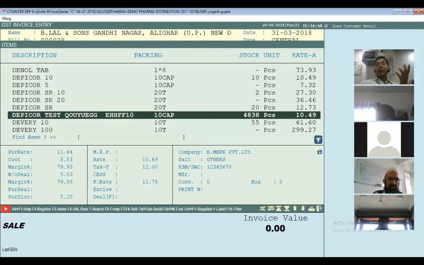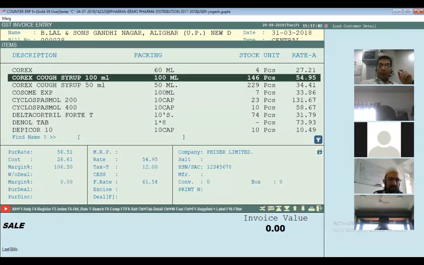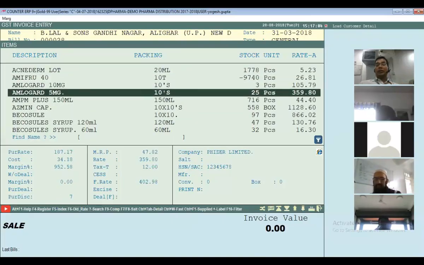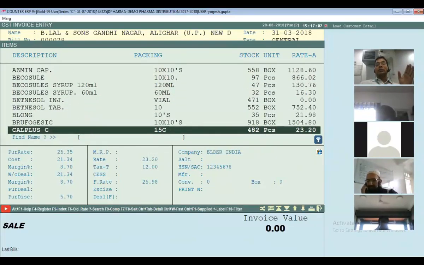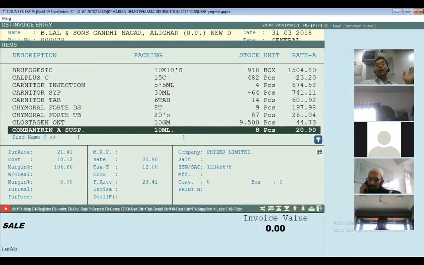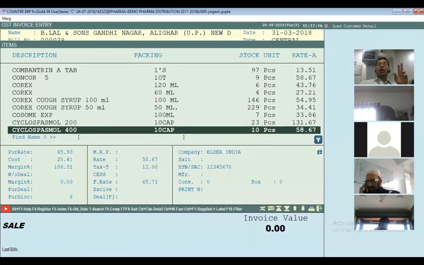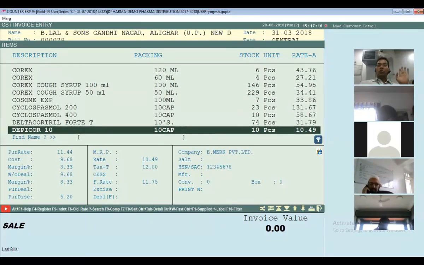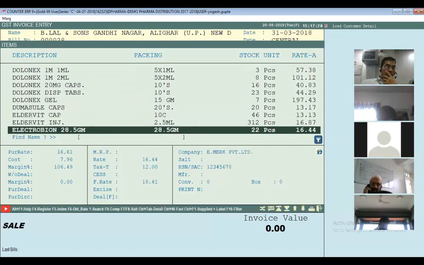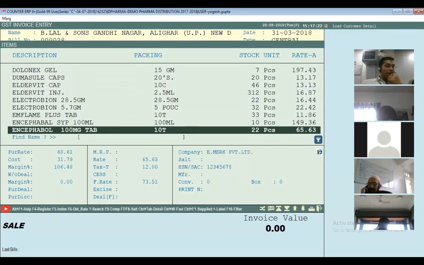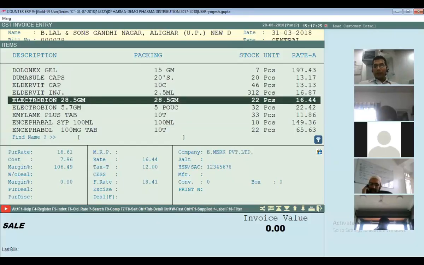Now suppose sometimes it happens I don't have the stock and I don't want to do negative billing. So suppose in our 2000 items, 100 or 200 items I don't deal, so they are reflecting every time. So I press here F10. Now look at that, sir. All those items I don't have stock of vanish from here. Only negative and positive stocks are coming because negative itself is stock. That's why it is coming. Look at that, no hyphen is coming. I press F10. Right, sir?